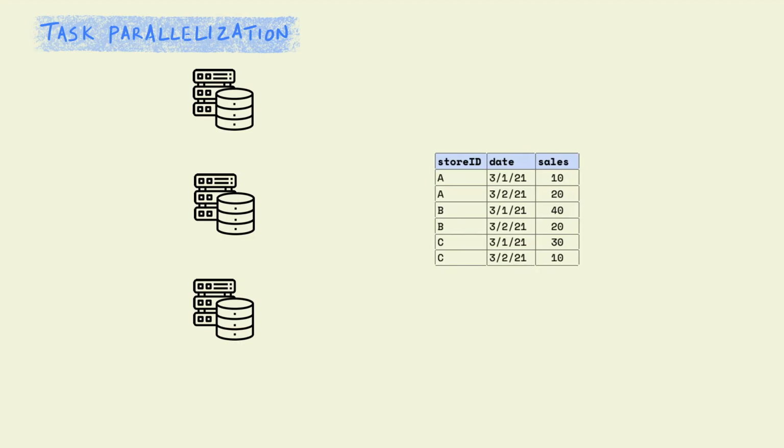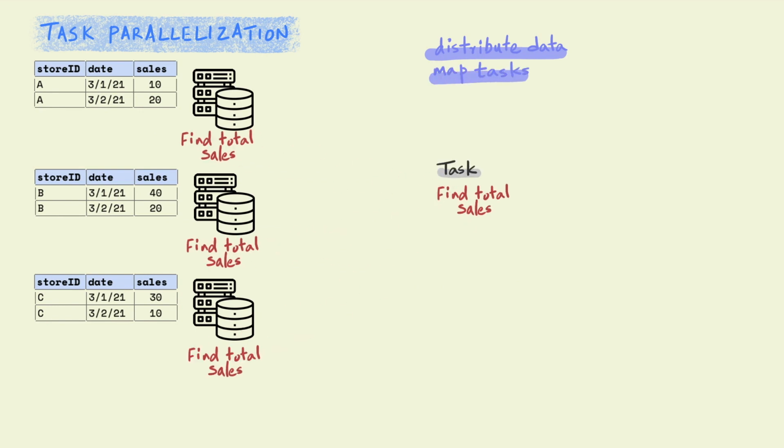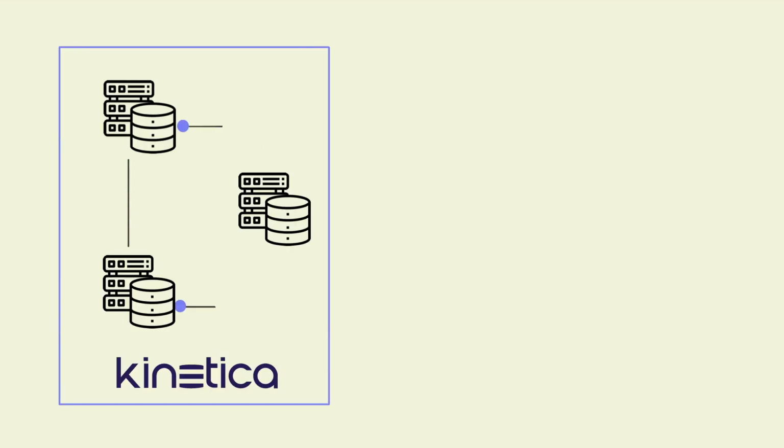For instance, consider the earlier example of task parallelization. In this example, the data is split based on the store. So all of the data for store A is in the first node, store B in the second, and store C in the third. To find the total sales for each store, each node has all the data it needs to calculate the total. Now, if this data had not been split on the store, it is likely that each node would not have had all the data it needed. This would have required copies of the data to be sent over the network so that each had enough information to complete the query. Sending data over the network is the slowest and least performant part of any distributed system.